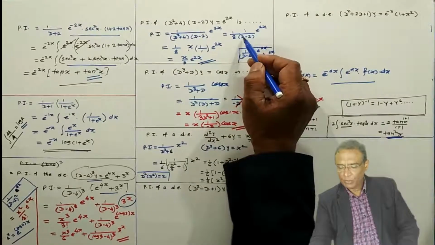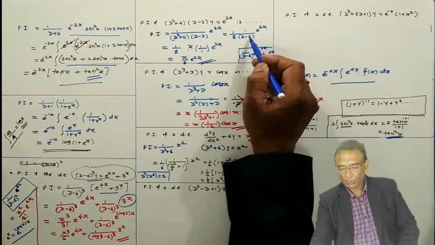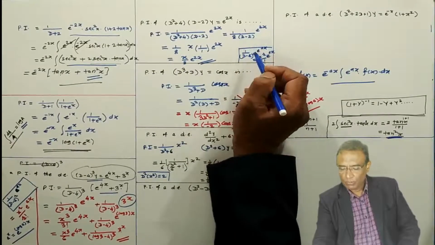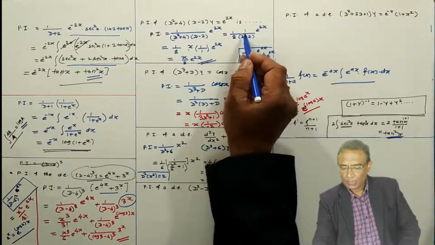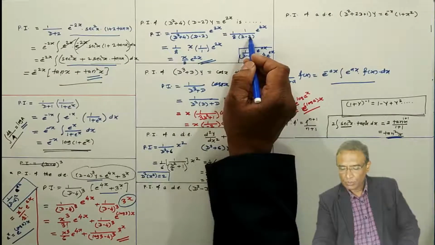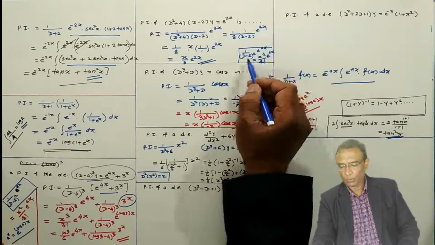Now we cannot put d equal to 2, because if you put d equal to 2, the denominator will be 0, that we don't know. So 1 by 8 as it is, so that formula we are applying. Or you can write x outside of the operator and take derivative of d minus 2, which is 1, and e to the power 2x. Or you can operate this formula also.